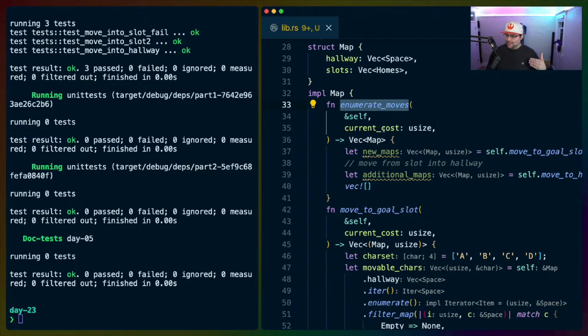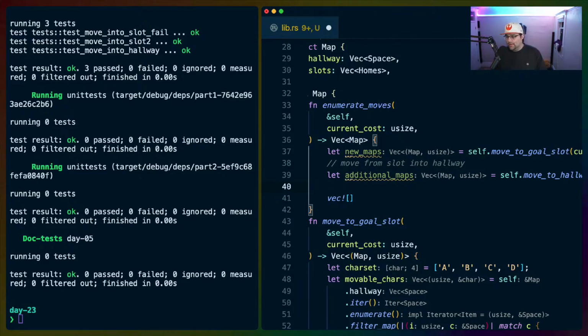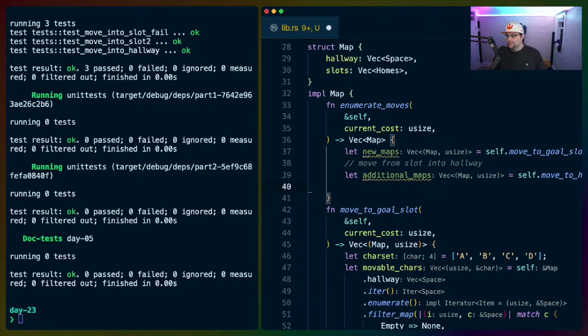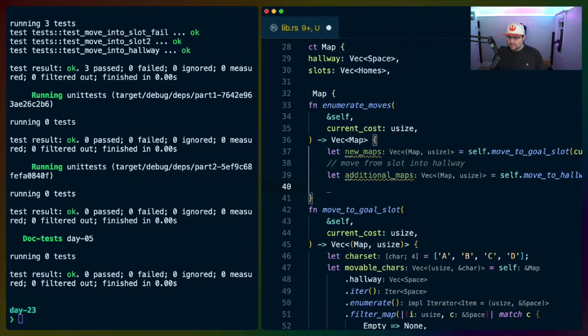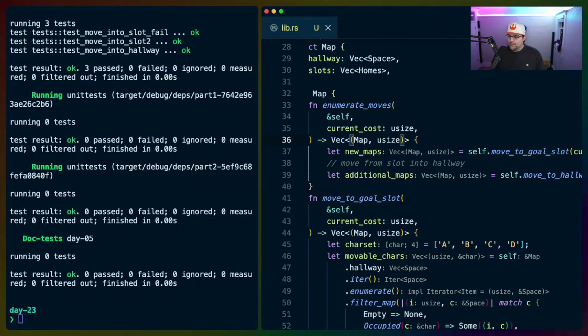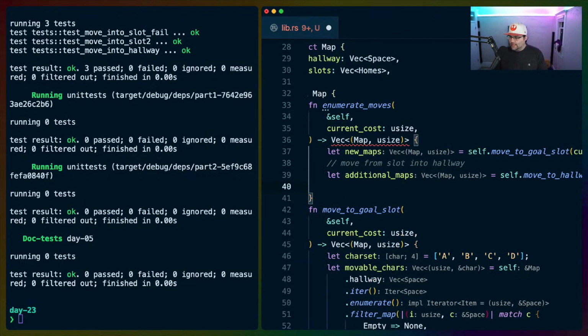Enumerate moves. Start with 0. Get a bunch of maps. I think what we do here is do the same thing for all of them again. This isn't going to be a vec of maps anymore. This is going to be a vec of maps and costs. And